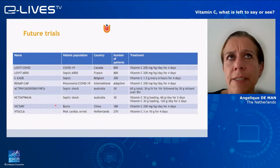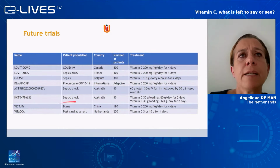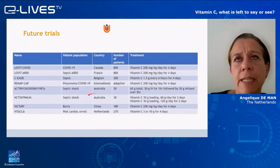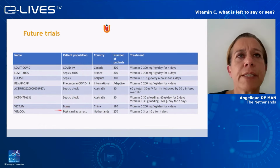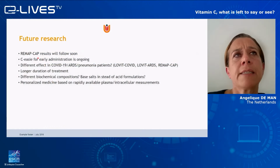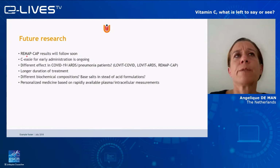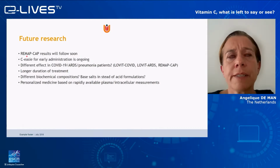At this moment, there are several very interesting trials going on: LOVIT with COVID, with ARDS, CITRIS-ALI, REMAP-CAP, and also the high dose, extremely high dose vitamin C, and investigations in patients with burns and post-cardiac arrest. And I think it is very nice and interesting that the results of the REMAP-CAP will follow soon, because the results of the LOVIT trial were so unexpected that it's nice that we have another large trial investigating the same